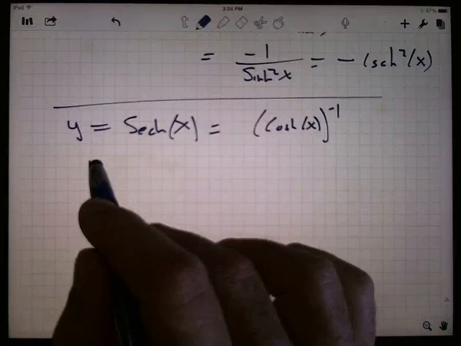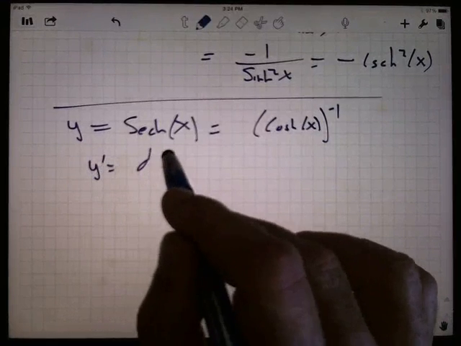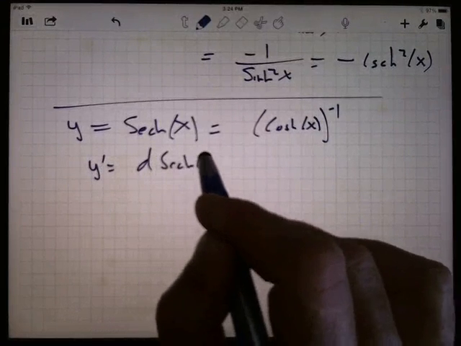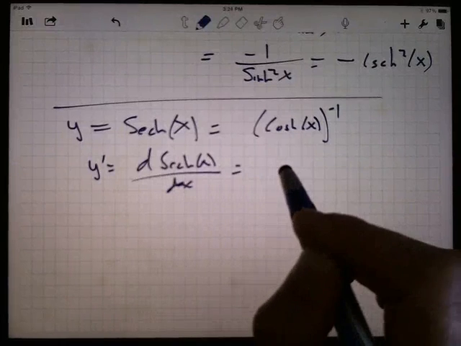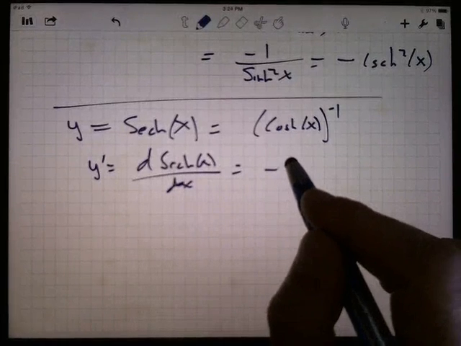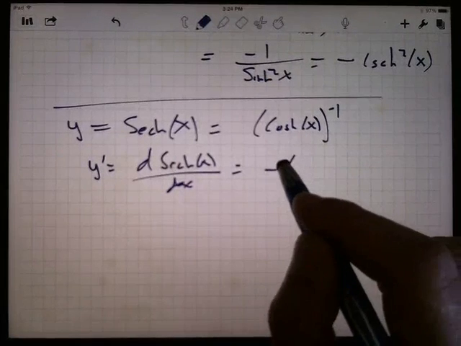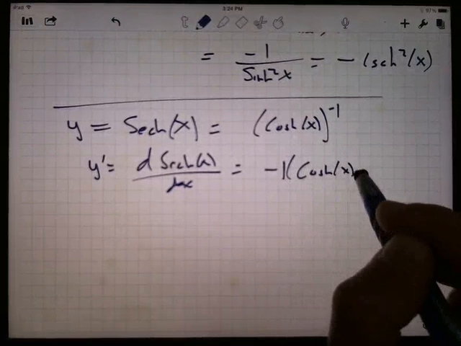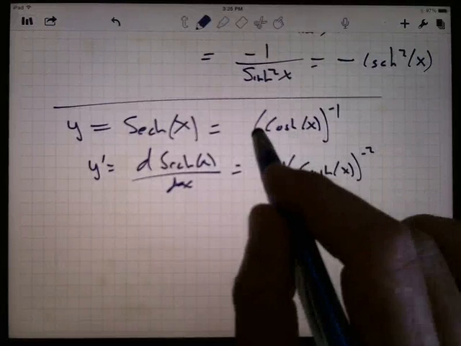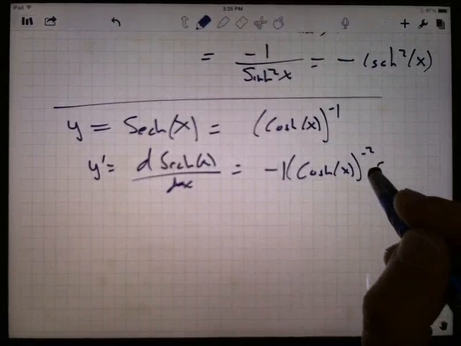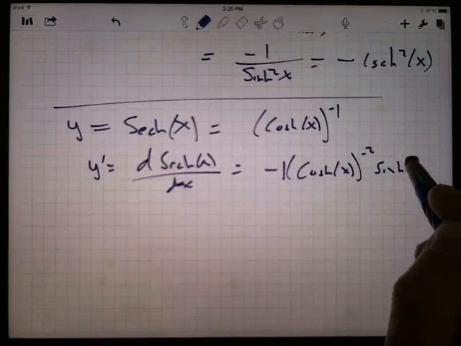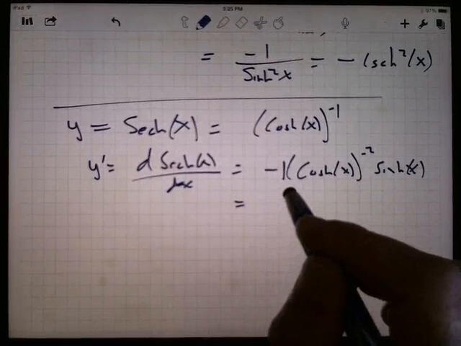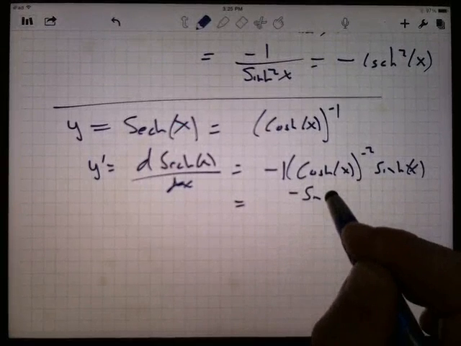When I take the derivative, I'm going to use a chain rule here because this is minus 1 times the hyperbolic cosine of x to the negative 2 power times the derivative of the inside, which is just the hyperbolic sine. So I end up with the negative hyperbolic sine x